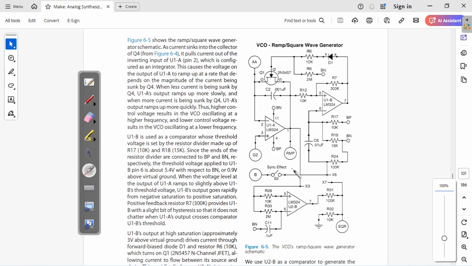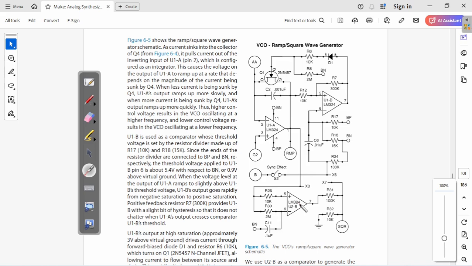So the signal from the ramp, which is that sawtooth, it's gonna go pretty much unmodified to the non-inverting input, and it's gonna be averaged at the inverting input, which is gonna be basically our threshold,